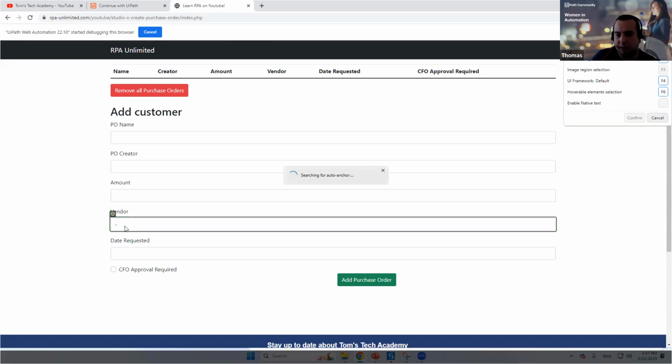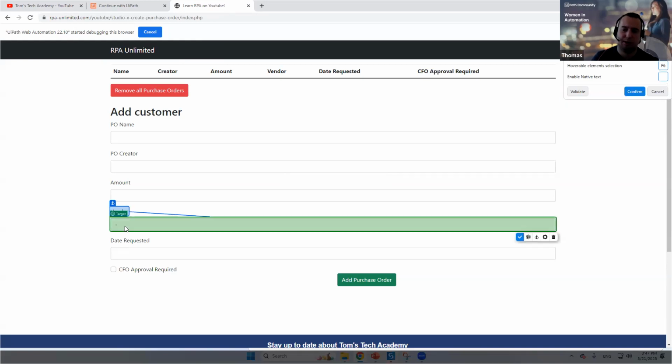And UiPath will then create this selector. This selector is something that Sylvain and I will refer to several times. The selector is basically how UiPath finds this element. And if you know something about HTML,